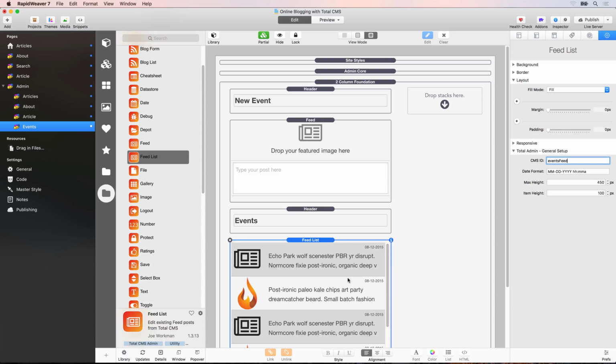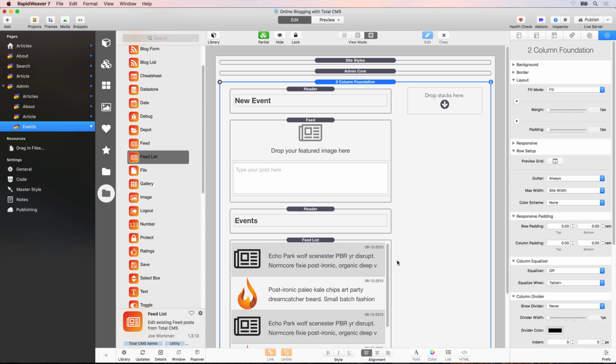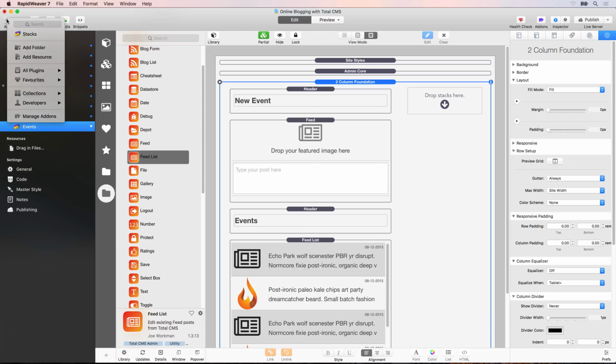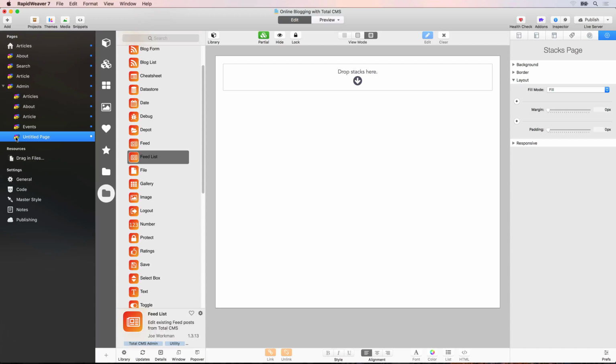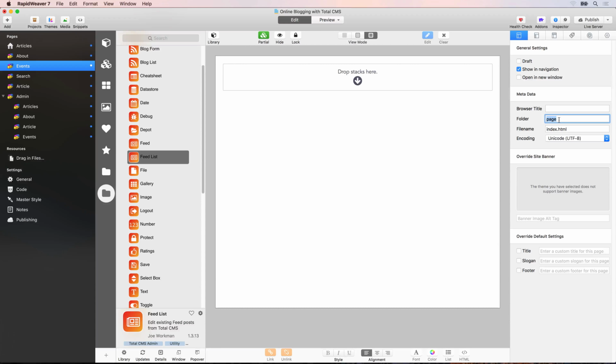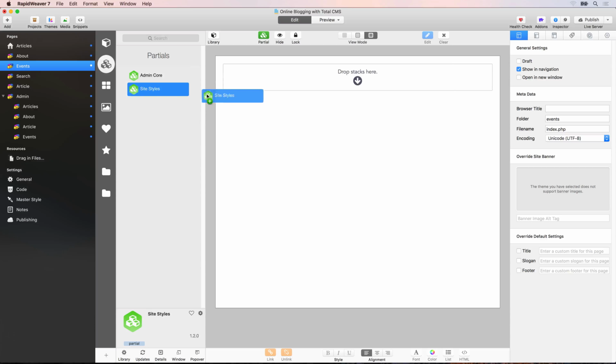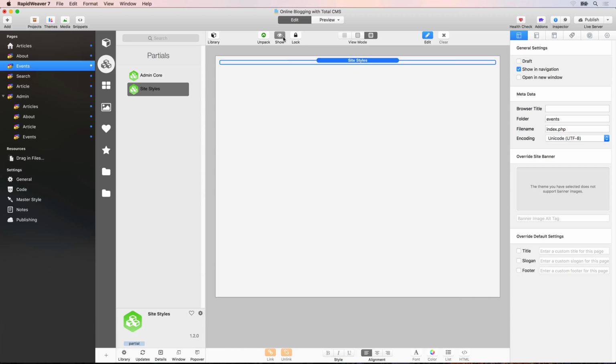Okay, once you've done that, what we're going to do is create the public events page. So we'll go up and add a new stacks page. We'll drag that to be a top level page, and actually we'll put that below about, and then we'll rename that before we do anything else. So we'll say events, and in the general settings we'll set the folder name to be events and index.php as the file name. Then again we'll set up our site styles partial,